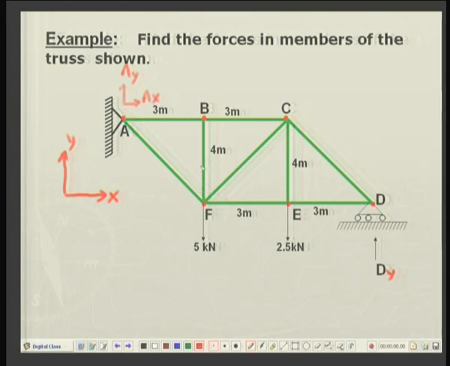This force we have already found to be 0. This is a given force. This force TAF has been already found. So, the unknown forces are only the force in the FC member and the force in the FE member. So, again there are 2 unknowns,